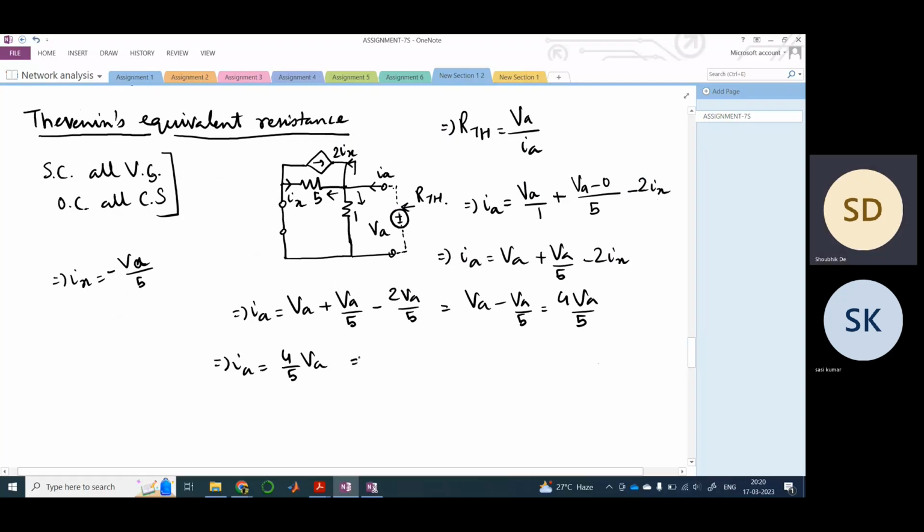Yeah. So therefore, what would be your RTH? Your RTH would be VA by IA. Therefore, it is 5 by 4. So this is how you can calculate